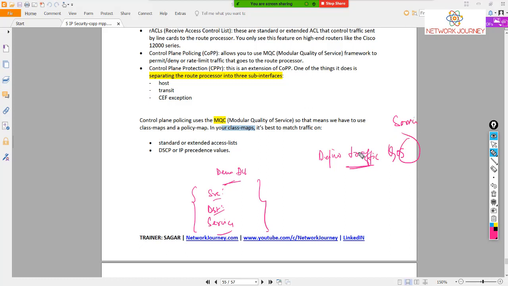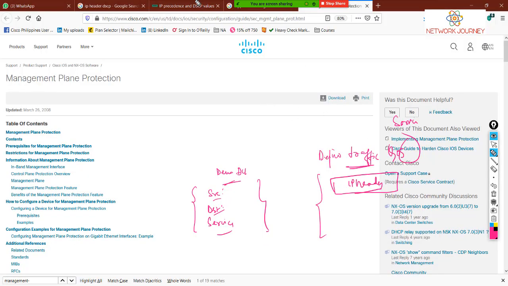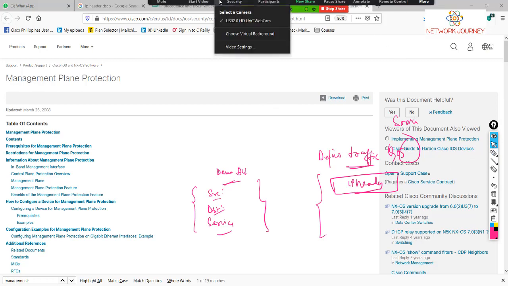So these can be classified in a couple of ways. One such way is on the basis of the IP header. If you open up your IP header,